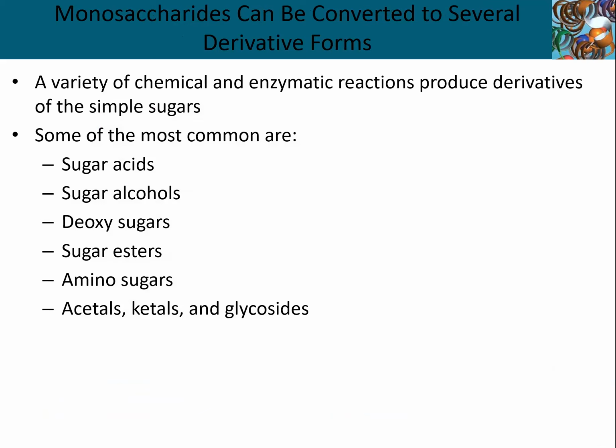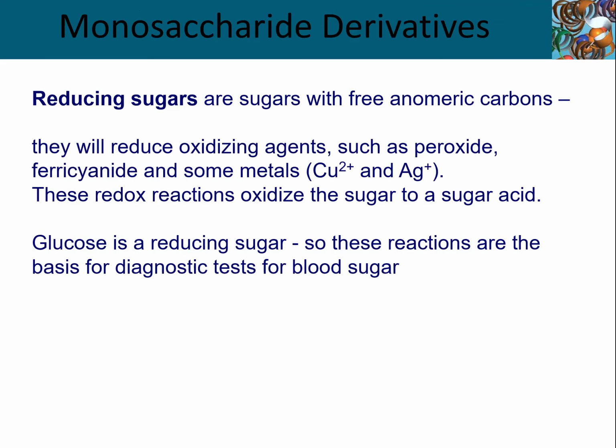To make things much more interesting, because we know how reactive and modifiable hydroxyl groups are, we can make enormous numbers of carbohydrate derivatives, and we're just going to scratch the surface in this chapter. I just want to make you generally aware. You can make sugar acids, sugar alcohols, deoxysugars, sugar esters, amino sugars, and glycosides. There's so many things you can do to monomeric and polymeric carbohydrates in terms of modifying their surface chemistries and fundamentally changing their biological roles. So let's go ahead and zip through these.